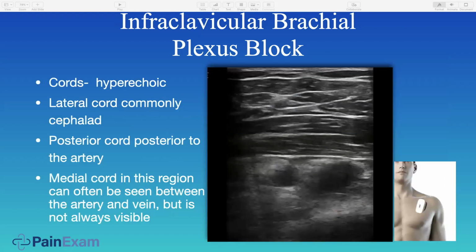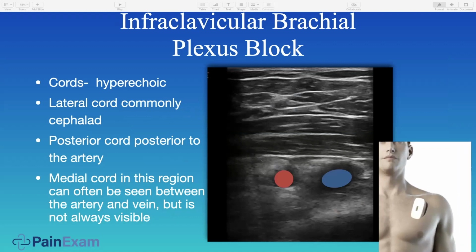Now, the cords are hyperechoic. You have the lateral cord, more commonly cephalad, the posterior cord, which is posterior to the artery, and the medial cord is typically between the artery and vein. And you can see here how the cords went from being hypoechoic to being hyperechoic. The density and the water content changed as the nerves left the cervical spine. Here you have your pec major, pec minor. And when you're doing the block,